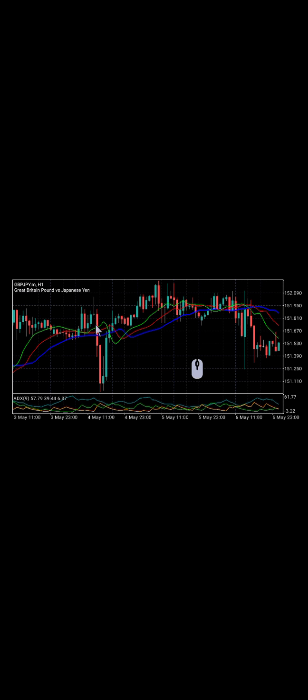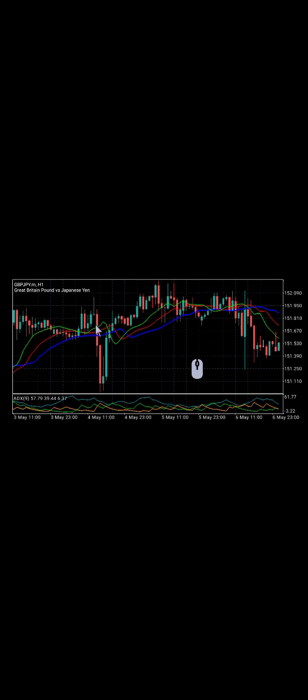Whenever this green line is above all these other lines, the red and the blue, whenever the green is above the red line, just know that we are about to enter an uptrend,